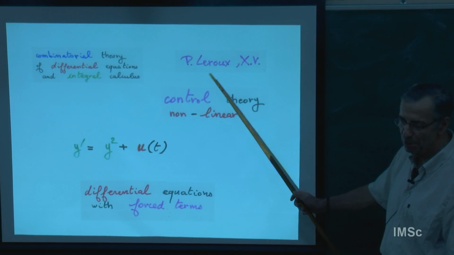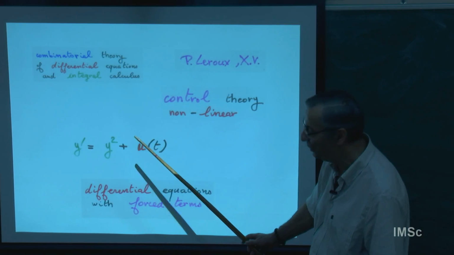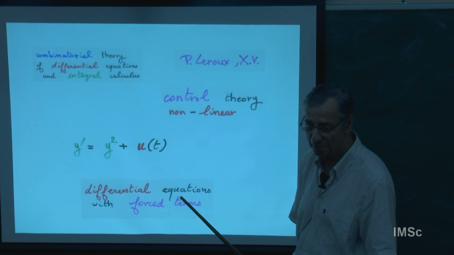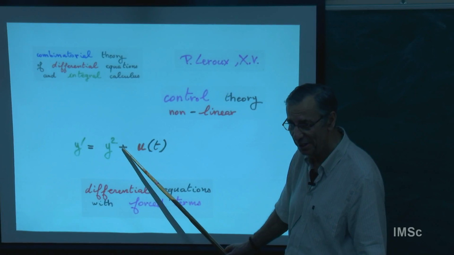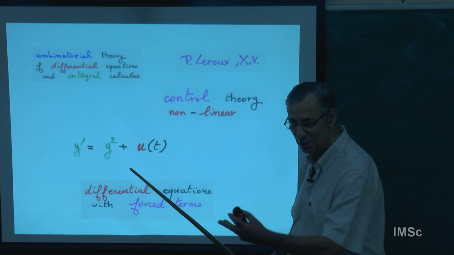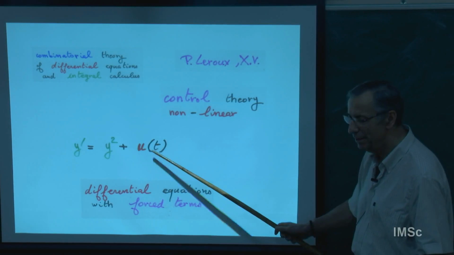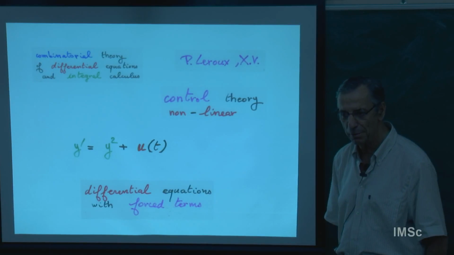And then we came later, with my friend Pierre Leroux, to say that all this, you don't need the shuffle generating function. You can apply combinatorics directly to get the coefficient. Because Michel Fliess showed me this: he takes the shuffle, he takes all this theory, he made it by computer, and he told me it's surprising because the number of iterated integrals which are not zero is a Catalan number.